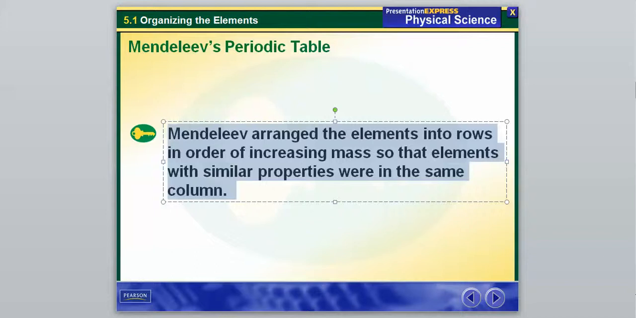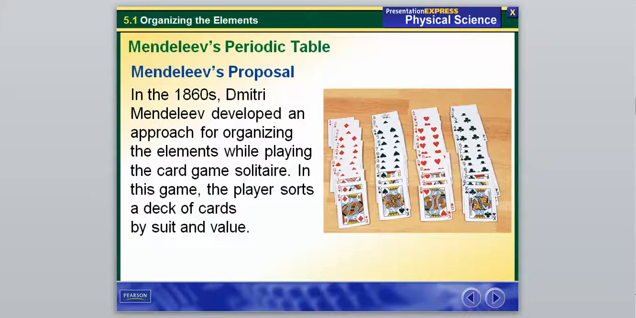So it's actually a really interesting story about how he did this. In the 1860s, Dmitri was his first name, that's how you pronounce it, Dmitri Mendeleev developed an approach for organizing the elements while playing the card game Solitaire. Now I can tell you just because of how interesting that is, that's definitely going to be a question on your quiz tomorrow. So make sure you write down that he invented the way of organizing elements while